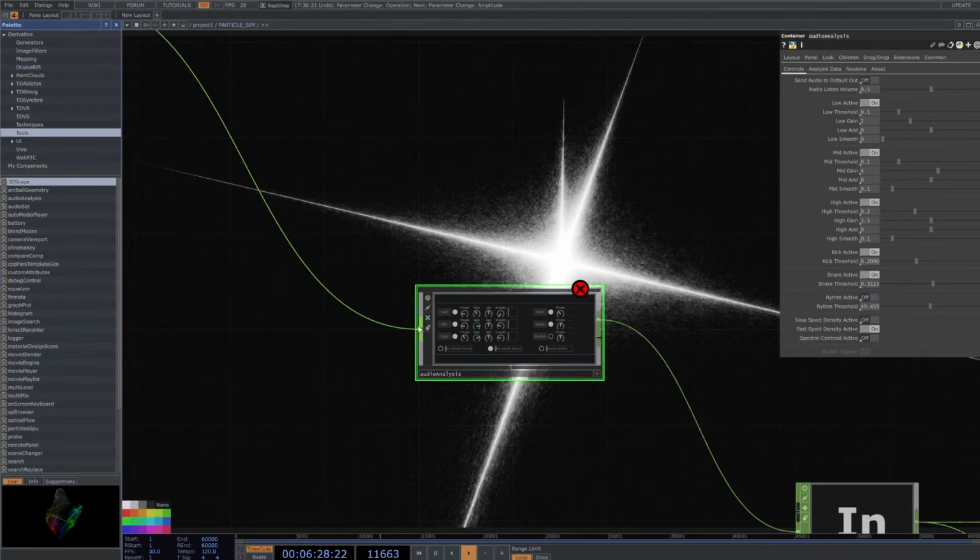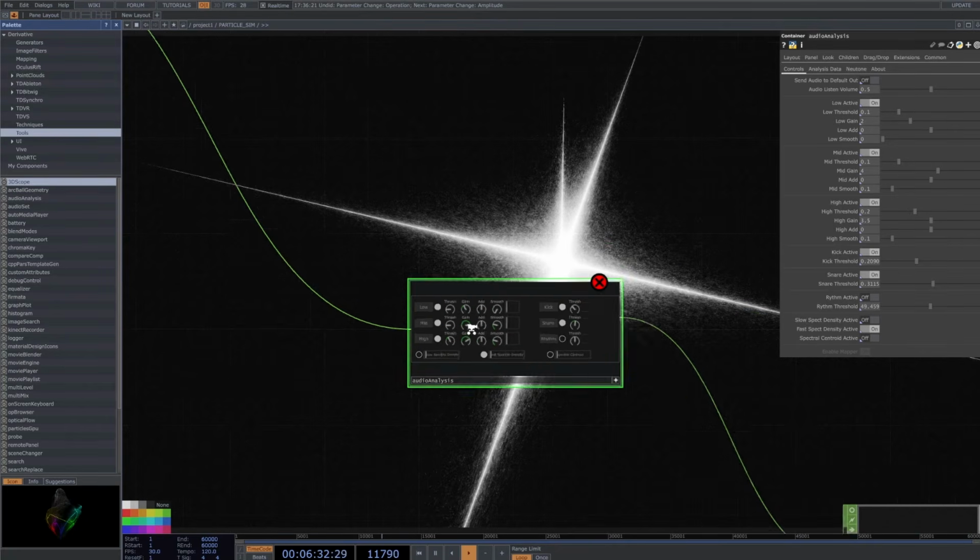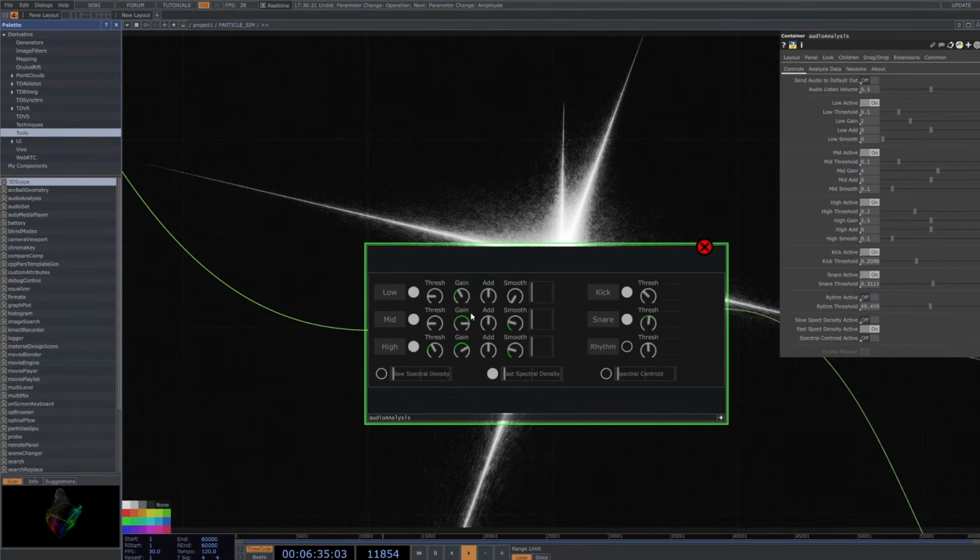It's a great tool where you can just plug in your audio information like so, click this to make it interactive, and then you can interact with the UIs, toggling on all these situations, turning the thresholds up and down, and playing with all these parameters. If you want to copy my exact settings, you can see them here on the right. But essentially, you definitely want to have the low, the mid, and the high enabled. Set the thresholds to a low enough